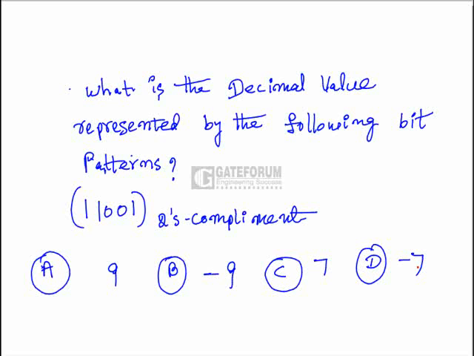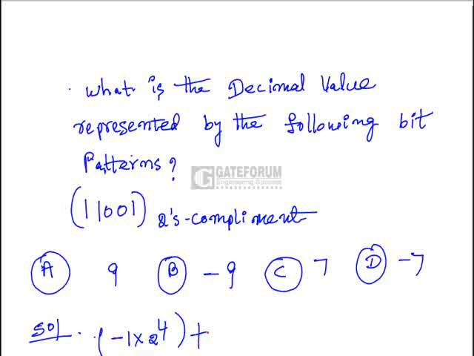What is the decimal value represented by the following bit patterns? Some bit pattern is given, that is 11001, which is given in 2's complement. We need to find out the decimal value of that. The solution for that will be like this. Actually if it is 2's complement, usually we represent negative numbers in the 2's complement format. So the leftmost bit indicates a sign, that is minus. So the leftmost bit is -1 into 2 power 4, because it's the fourth position: 0, 1, 2, 3 and 4, plus